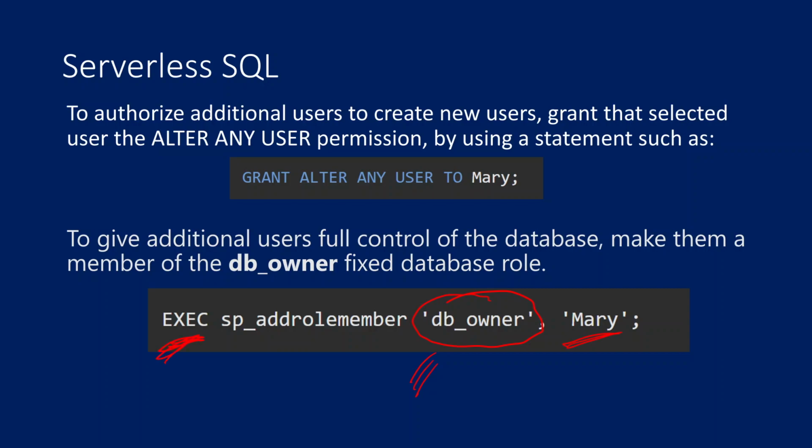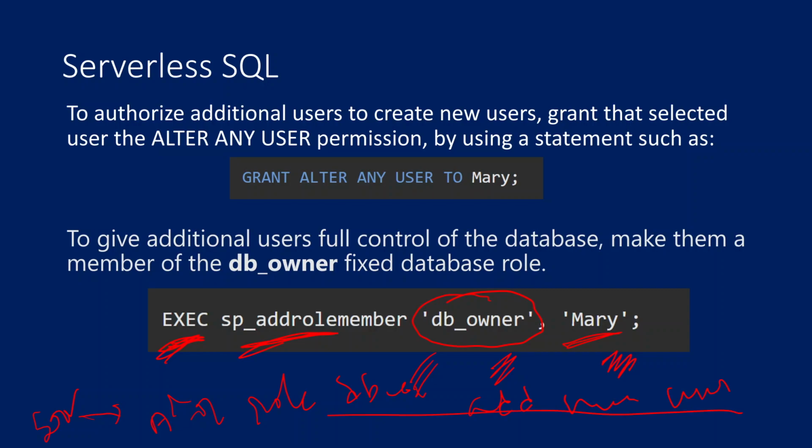So we need to execute this system procedure and pass the role that you want and for which user you want that. So this is the script we have to use in case of dedicated SQL pool. But if you have seen my previous video, in case of serverless SQL pool, we used a different syntax there. So what we did there, we used alter role, then the role name like db_owner, then add member, then we used our username. So this is the syntax we used in case of serverless SQL pool. But in case of dedicated SQL pool, this is how you should do that.